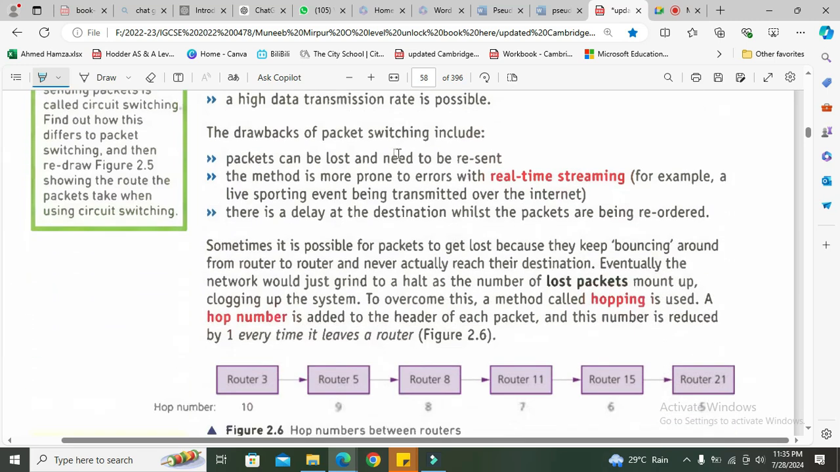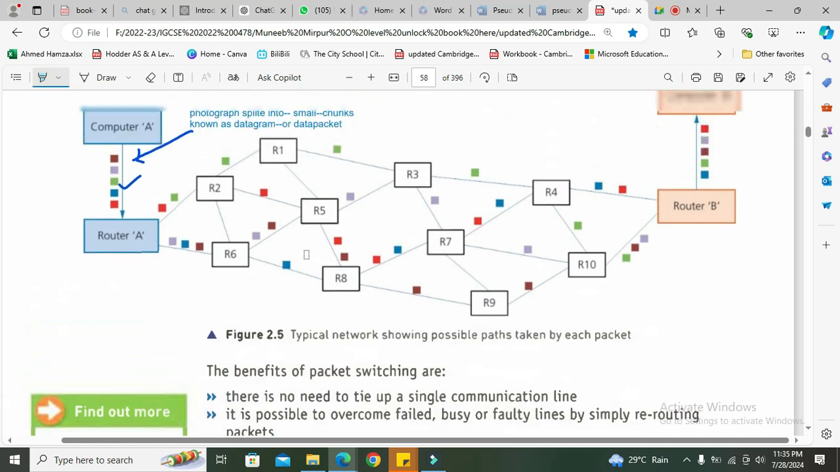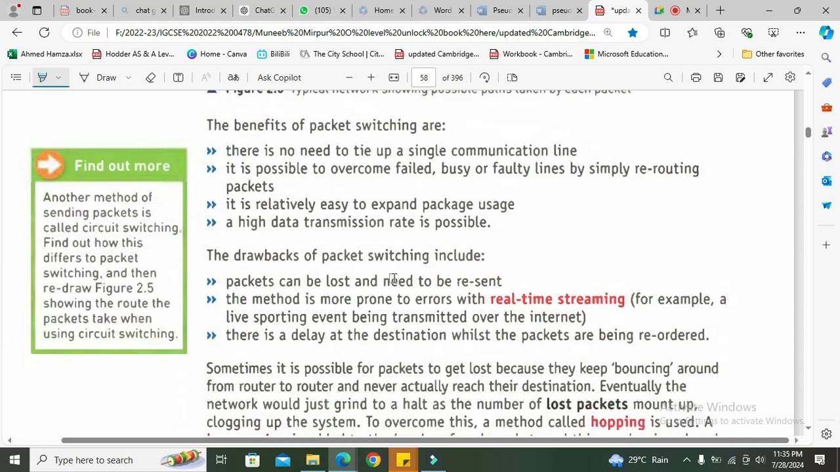Drawbacks of packet switching include that packets can be lost and need to be resent. When packets are jumping from router A to router B, and if some routes are busy or not available, then it will bounce back again. So it will cause what? Data loss, and you need to